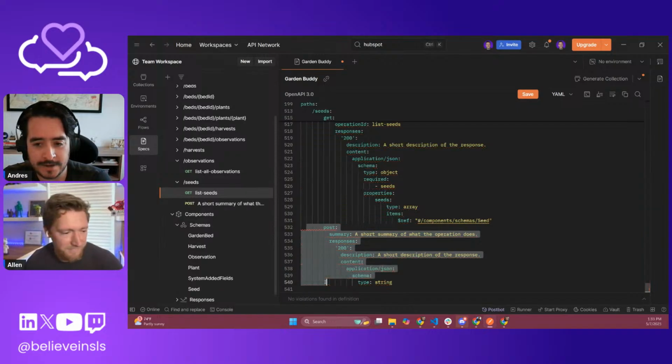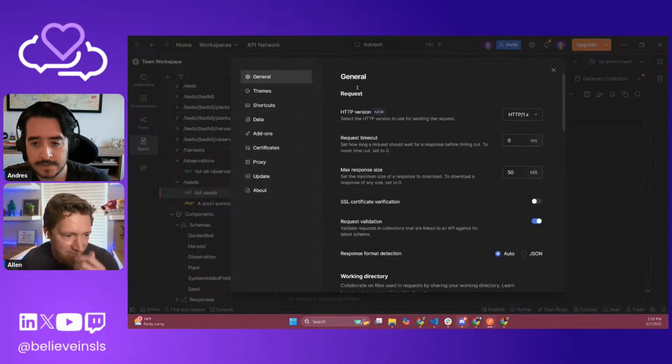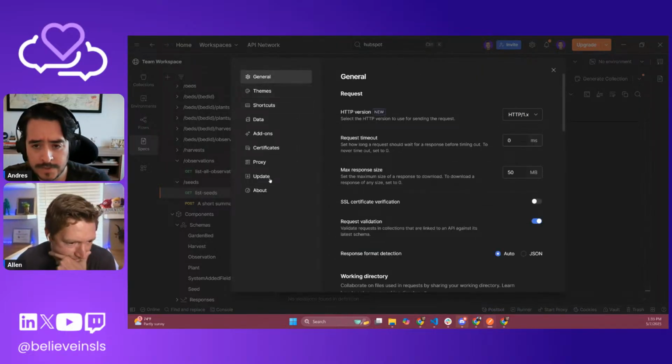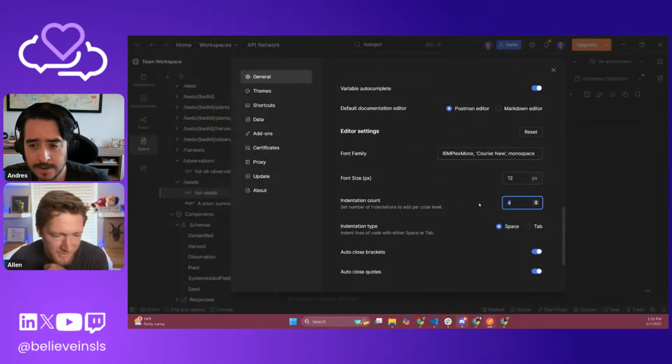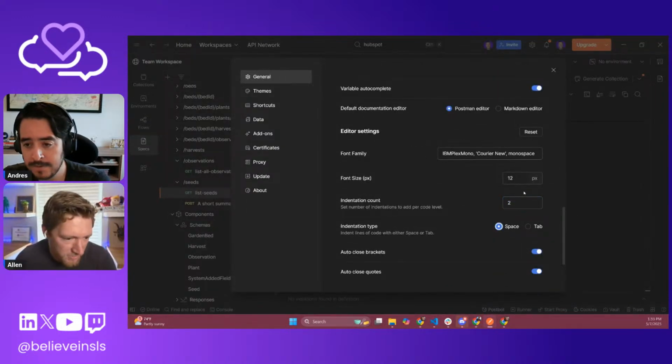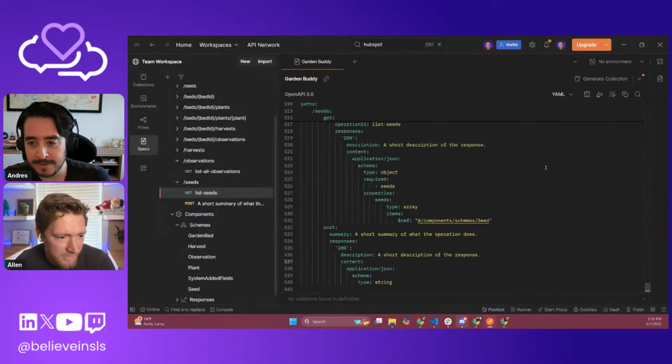If you prettify it, does it do it for you? When I prettified it, that's when it brought it out to 4. So let's see. Indent count 2, like a human. But we're making this for robots.